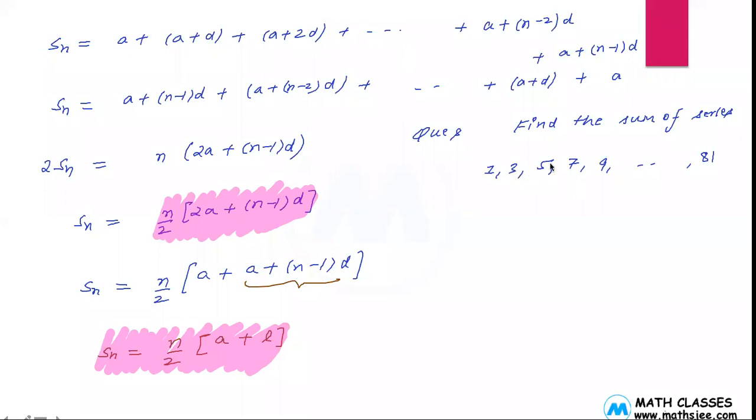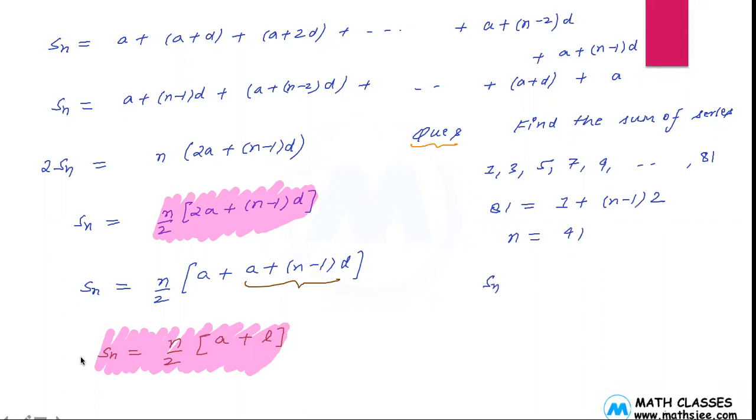Find the sum of the series 1, 3, 5, 7, 9 till 81. We have been given the last term, and this is clearly an AP. So we can use the formula to find the unknowns, and you can use any one of the formulas. But you have to find the number of terms first, which you would have already done. That is, the nth term is equal to the first term plus (n minus 1) times the common difference. The common difference is clearly 2. From this we get n equals 41.